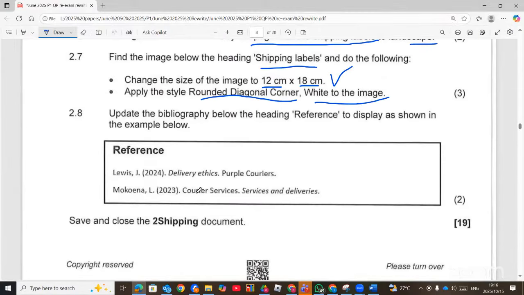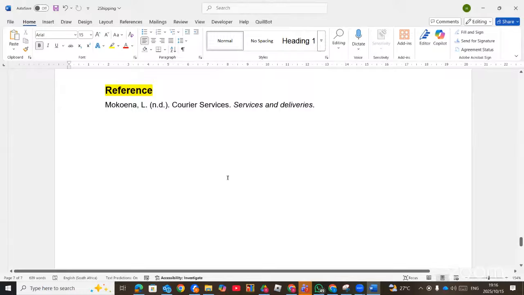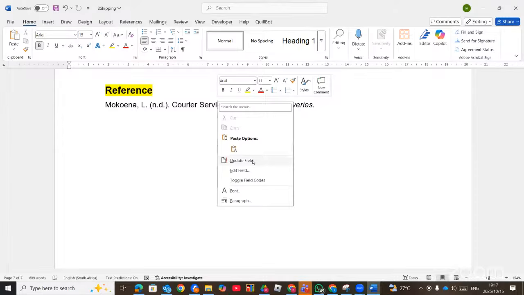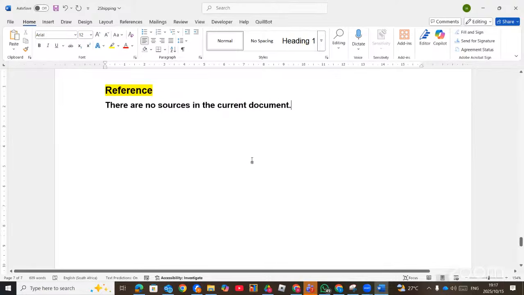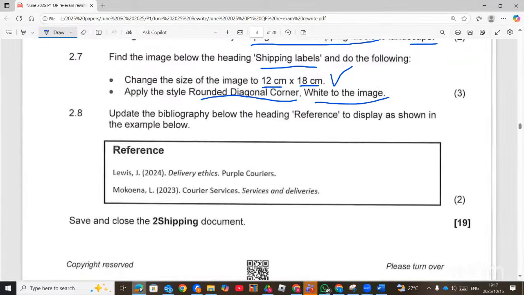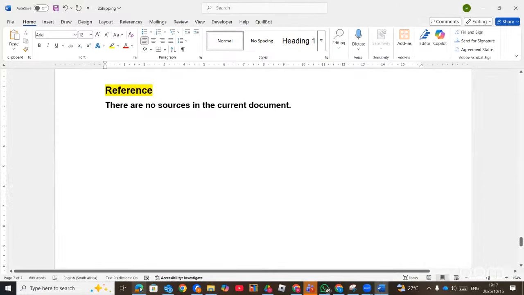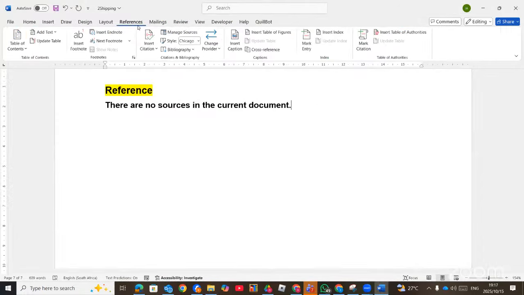Now we go to the last question for Microsoft Word for this question. 2.8, update the automatic page bibliography below the heading. We have to update the bibliography. You know, bibliography is the list of the cited sources. So to update, when you right click and you choose update field, they say there are no sources in the current document. So meaning these sources are not there, the Lewis and others. So meaning you have to add this as the source. Now, when you go to references and you go to citation, you can see that there are no sources added. So we need to add those sources,